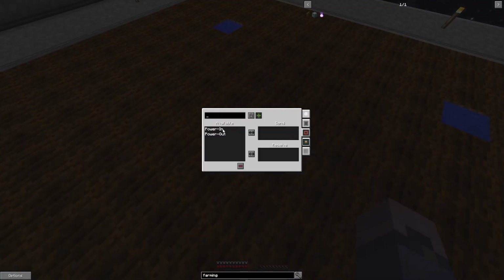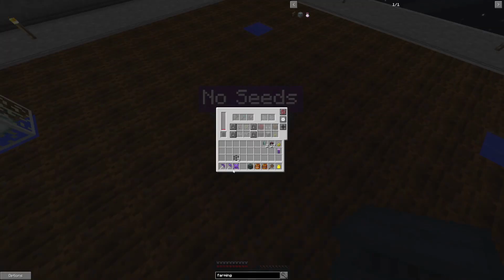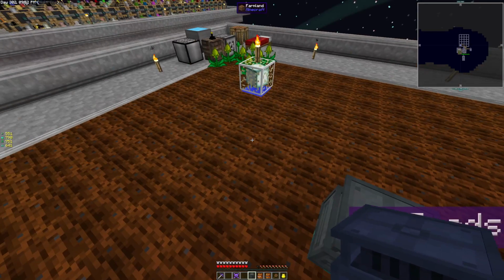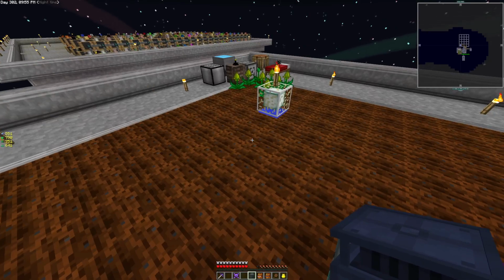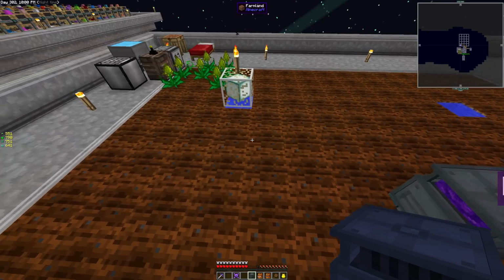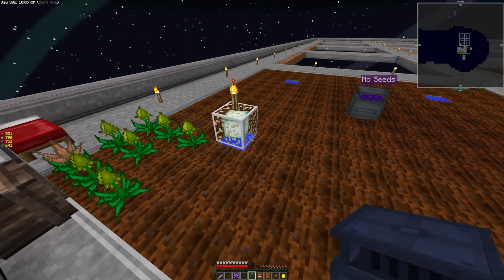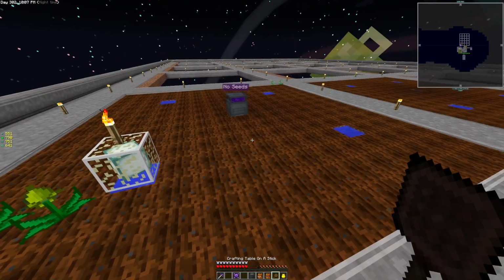So I want this power out to be received. You go there. We'll also get that for a hoe. And let's lock these down. I don't want you to have seeds. Actually, to ensure they don't get seeds,